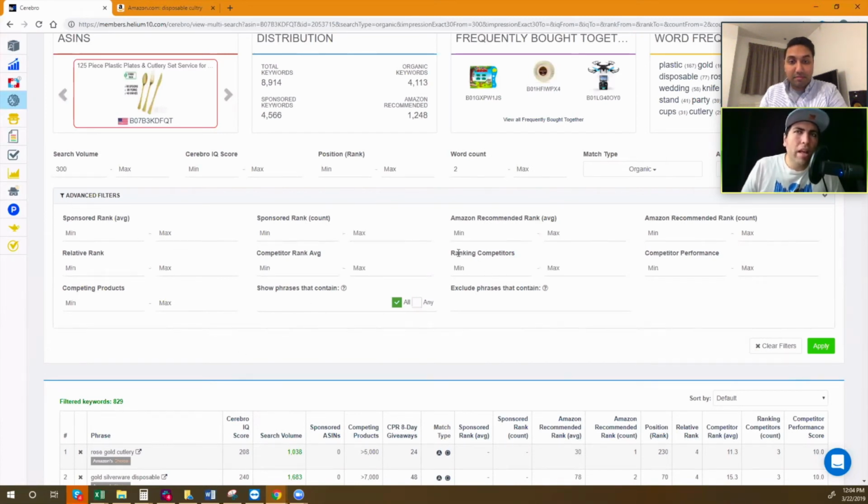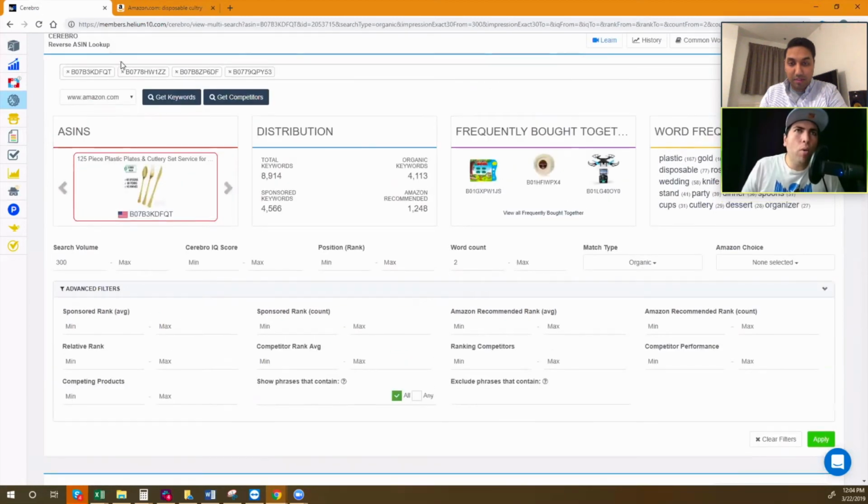Now here's the next one. Now I'm going to say, I don't want to see what any one of these are ranking for. 1, 2, 3. I want to see what all 3 are ranking for, because it could very well be that there is a keyword that's only relevant to one. But if I can see that all 3 of them are ranking for it, and my product looks like this, guess what? That gives me like 3 times the confidence that it is a good keyword. So how do I do that? All I have to do is put a simple number in here, 3. Because why? There's 3 competitors here. This is my baseline product, or the product that I'm basing it off of. Yeah. And there's 3 competitors. So I'm saying, show me the words that at least 3 of them are all ranking for. Hit apply.